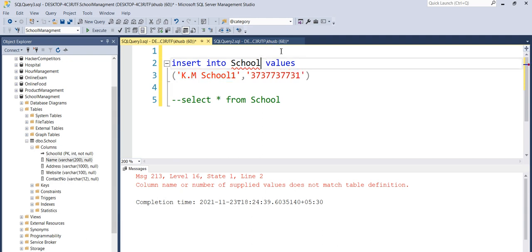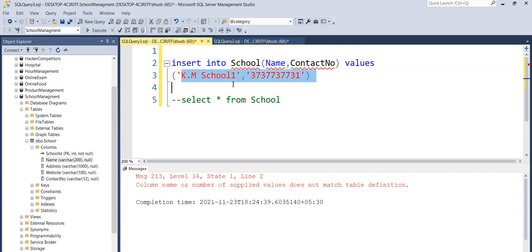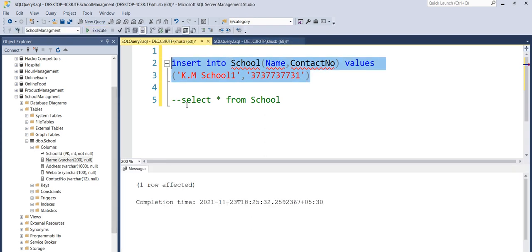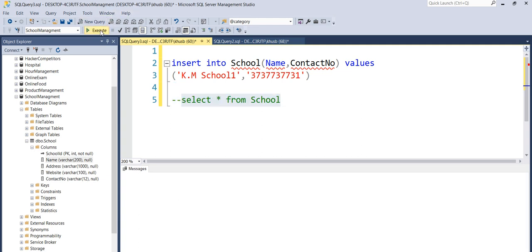So in that particular situation, it is a must to specify the column names here. So you need to specify name and contact number. So I have inserted data only within these 2 columns. So now let's again select this and run. One row affected. And when you apply this select statement, here you go.